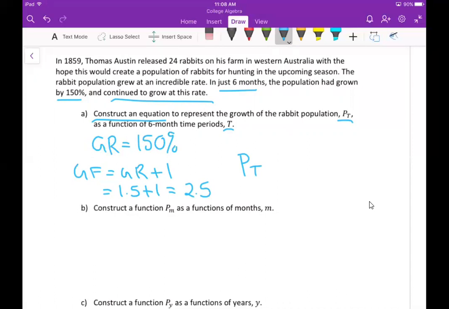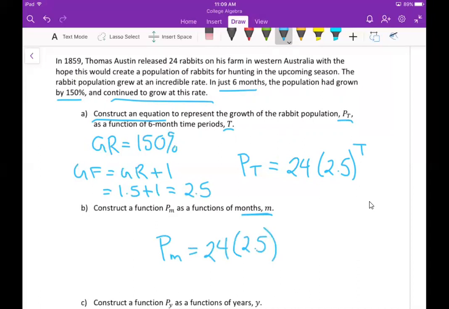Because that was our growth rate every 6 months. So that means if we use every 6 months, we can just straight use the growth factor as is. We'd start with the 24 rabbits, take it times our 6-month growth factor, and that would mean we could plug in 6-month time periods. Now remember though, we had this nice easy way to change from 6-month time periods to just months. So if I actually just want to plug in months, then I think, okay, my population every month would just be this same